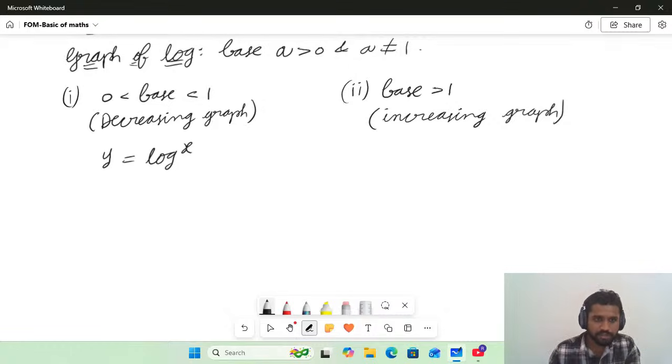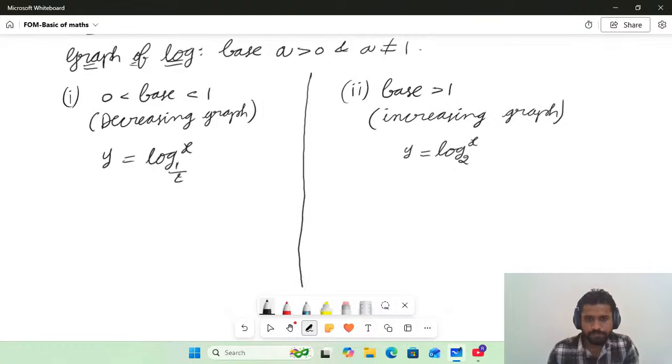So tell me any number between 0 and 1. Let us consider logarithm with base 1 by 2 in the first case. In the second case, we will consider log x with base 2. So in the first case, we will get a decreasing graph. Suppose this is the y-axis and this is the x-axis. Graph of